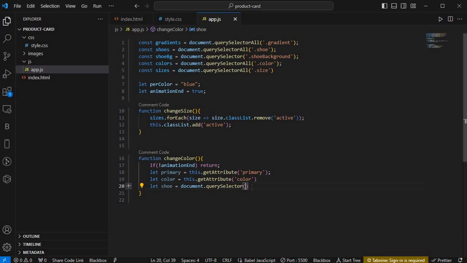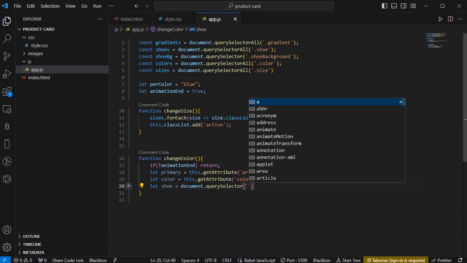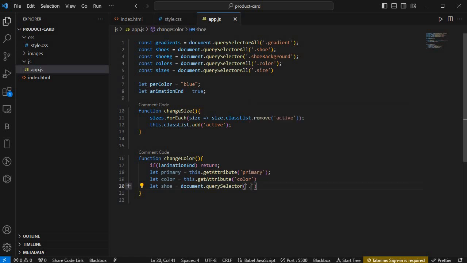So that's why we are going to use a backtick, dot shoe, which is one of it. Then we have color should be equals to a dollar sign, then curly braces color, then this. Yeah, shoe should be equals to that,